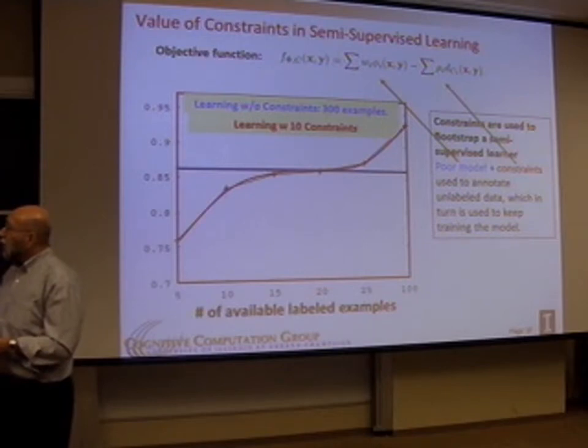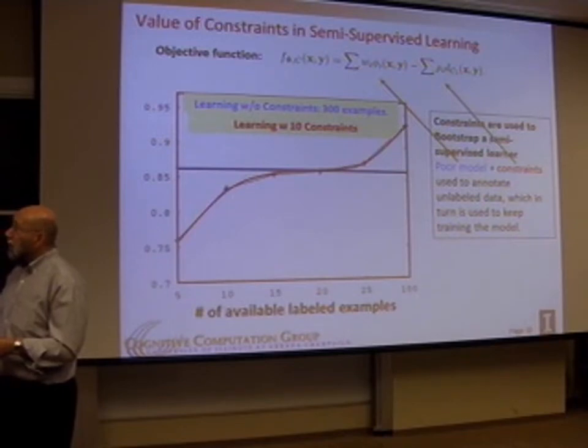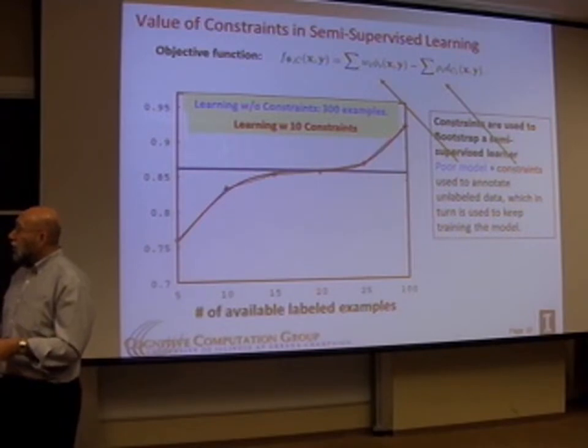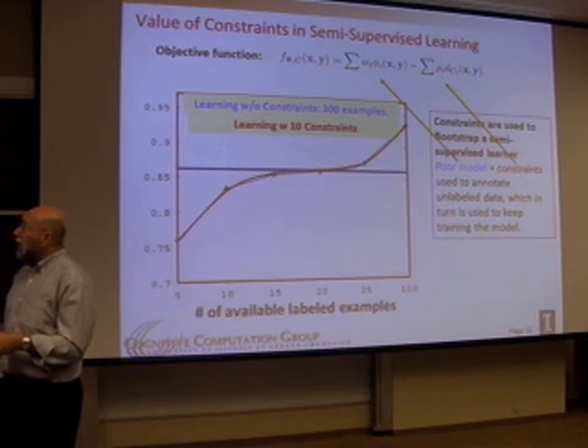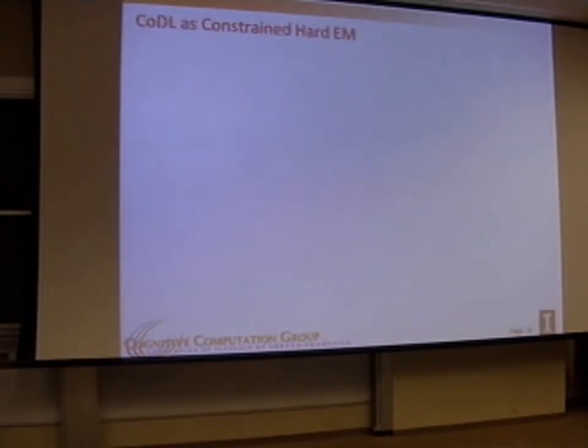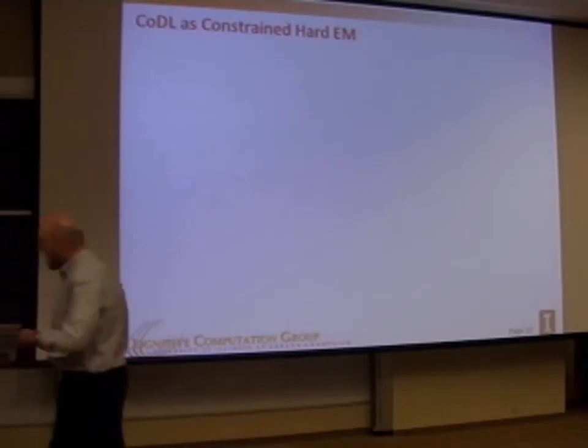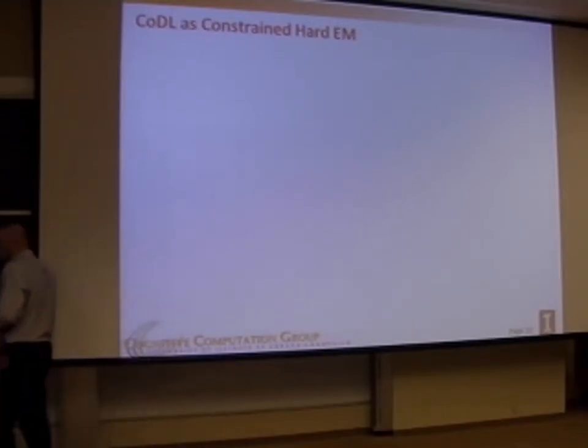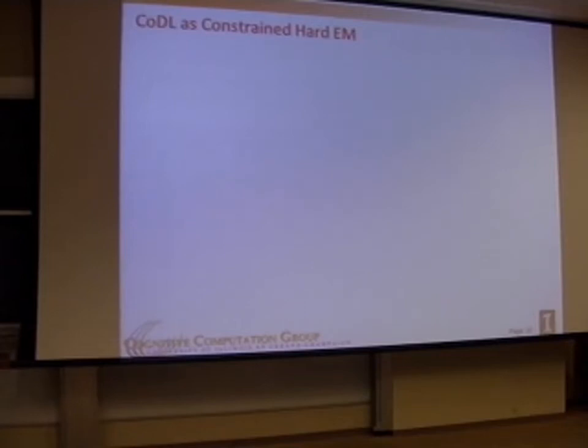What you see here is the blue line represents the performance you can get when you learn without constraints using 300 labeled examples. The red line represents what you can do when you learn with these many examples and incorporate the 10 constraints, a subset of which I've shown before. So you start, of course, lower, but around 20 examples or so, you already beat the trained model with 300 examples, and you can do even better than that. So that illustrates a little bit of the value that you can get from this. Now, what has happened in this domain over the last few years is that people have extended it in different ways, and I want to talk a little bit about it.